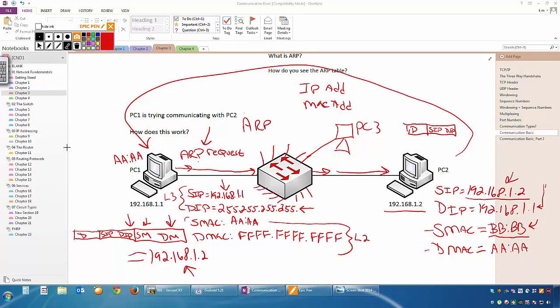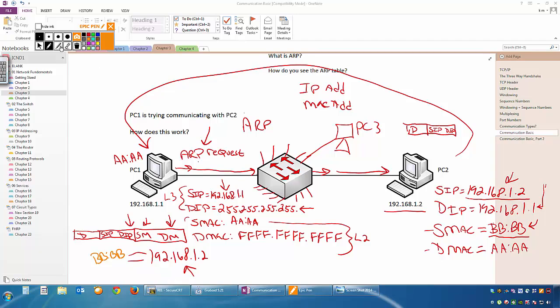So now I get to fill in my ARP table, BB:BB. Now that is done. Now I have the ability to communicate with PC2 directly.